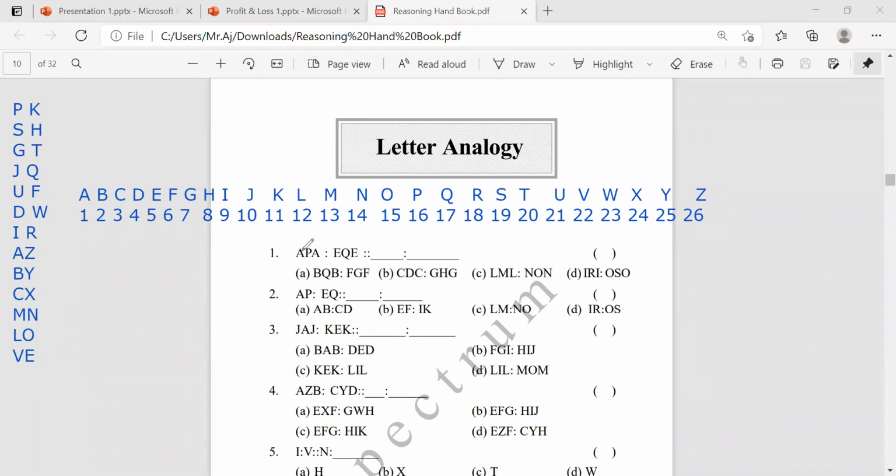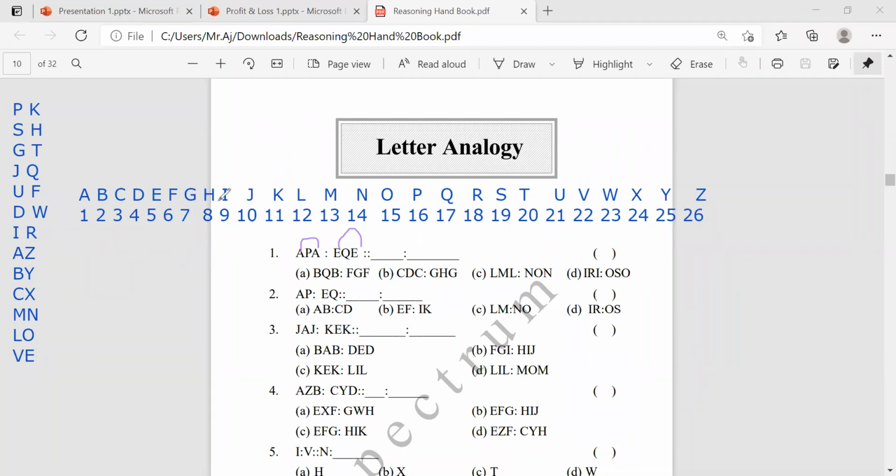See, A and A is there, P is there in between. E and E is there, Q is there in between. If two words are there with a similar pattern, A is 1 and E is 5, and P is 16 and Q is 17. So just check like this. BF: B is 2, F is 6, and in between there are only 3 letters, so it is 4 only. It is not going to work out.